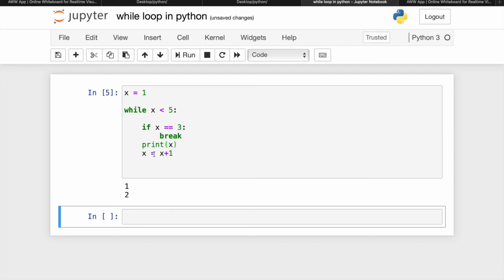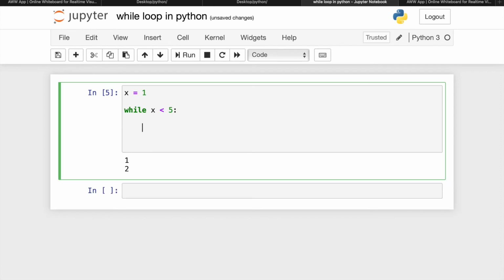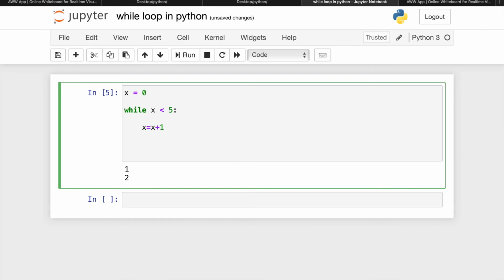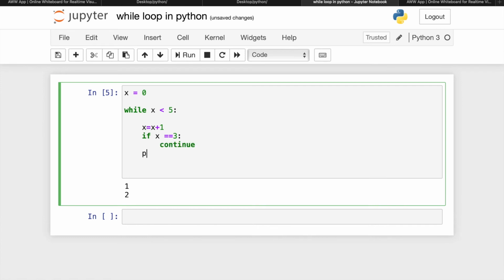Now if you want to use the continue statement, how can you use it? You just have to write something like this, x is equal to 0, then x is equal to x plus 1. Then I have to check the condition: if x equal to 3, then please continue, and after that I write print x.